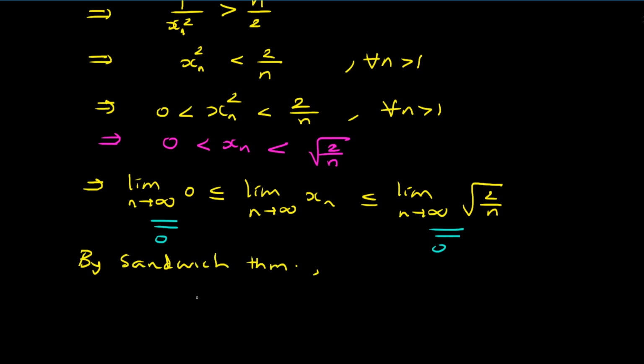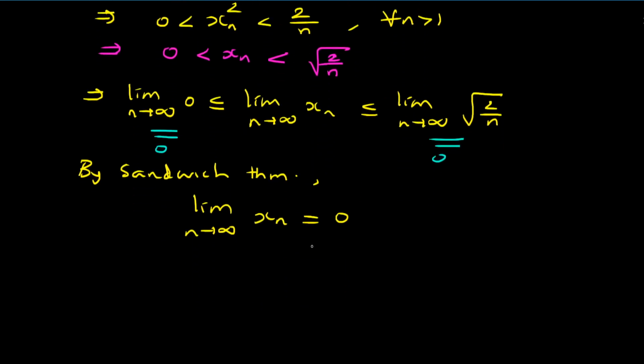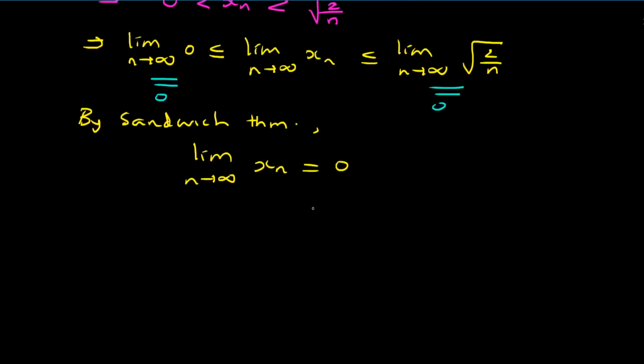So as a consequence, by sandwich theorem, we have limit n tends to infinity of xn is also equal to 0, because limit of the first and the last sequence both are 0, so limit of the middle sequence will also be 0. But our sequence was not xn. What I have proved here actually is this: limit n tends to infinity, what was xn? It was n raised to 1 upon n minus 1, is equal to 0. This thing is proved.